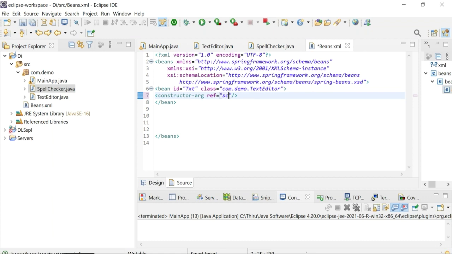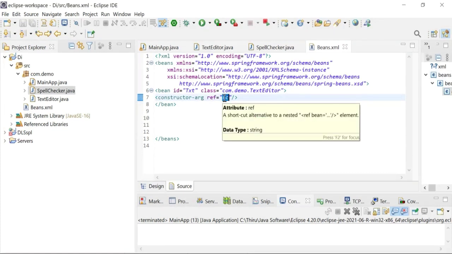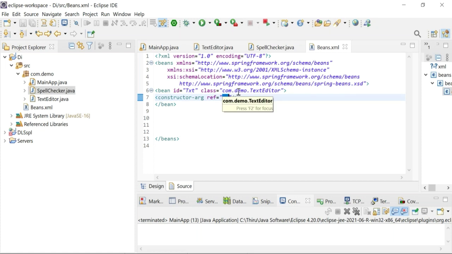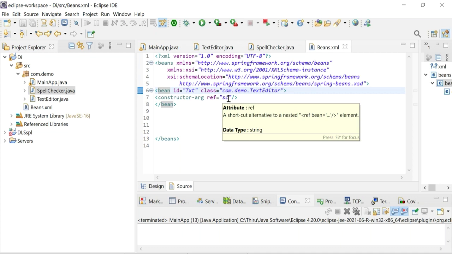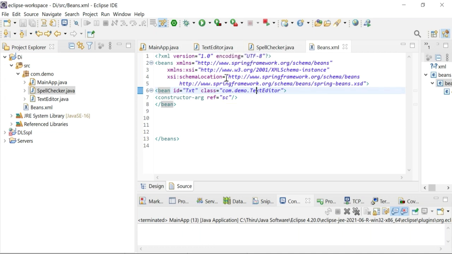The text editor has the reference object variable named sc, and that's been given in the ref attribute of the constructor-arg tag.